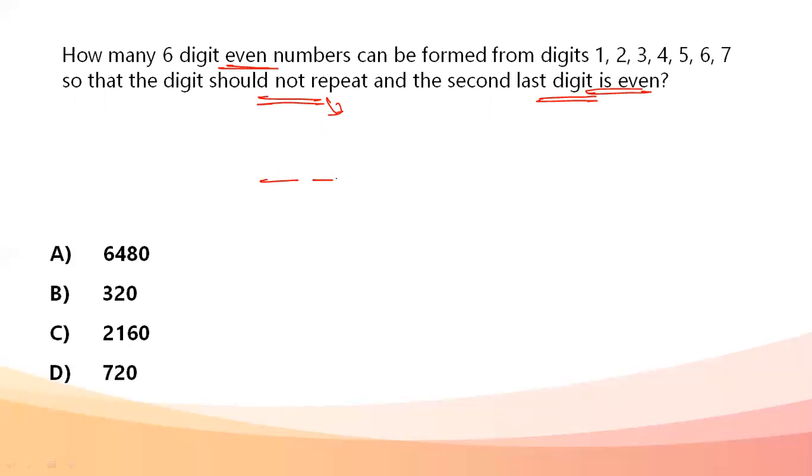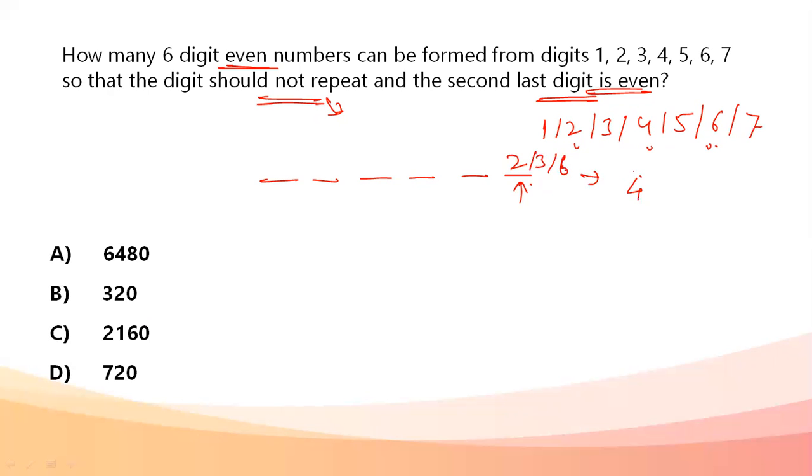So what we have to do is a six digit number we need to find. Okay, now last place is even. That means out of 1, 2, 3, 4, 5, 6, and 7, last place can be filled in three ways. I'm talking about the even, the ones place. It can be filled in 2, 4, or 6. Only these can come up. It can be filled in three ways.